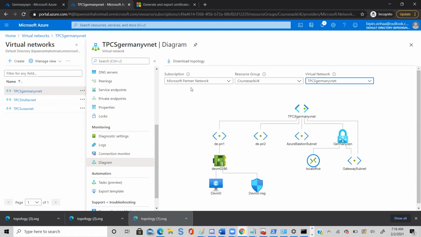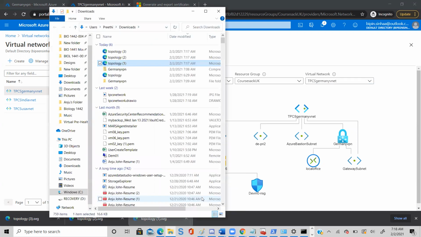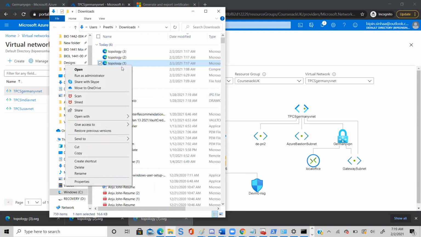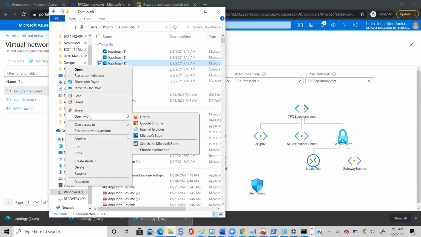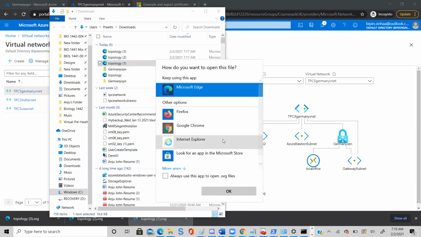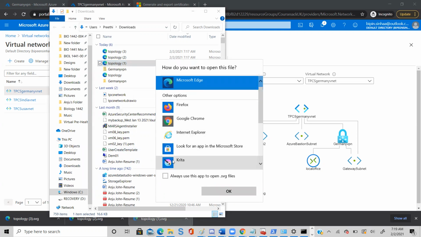We can do one thing. In the folder, right click, open with, and I'm going to open with inspect.